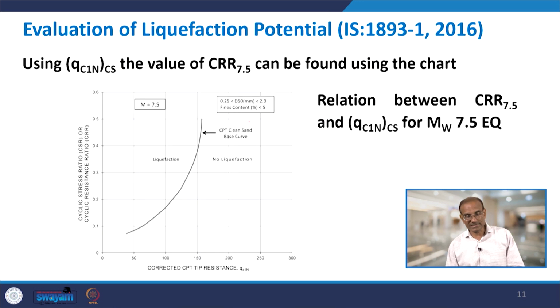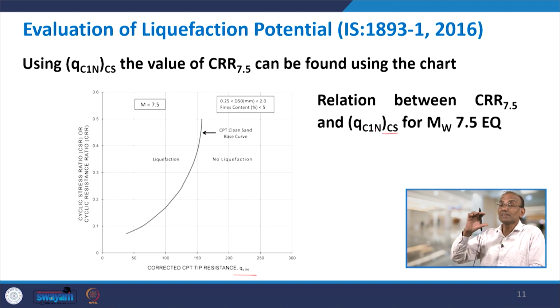Of course here it is written Qc1n, but because we have taken care of Cs, this data is taking care of fine content also. So for whatever Qc1n Cs is found, you find the value of CRR